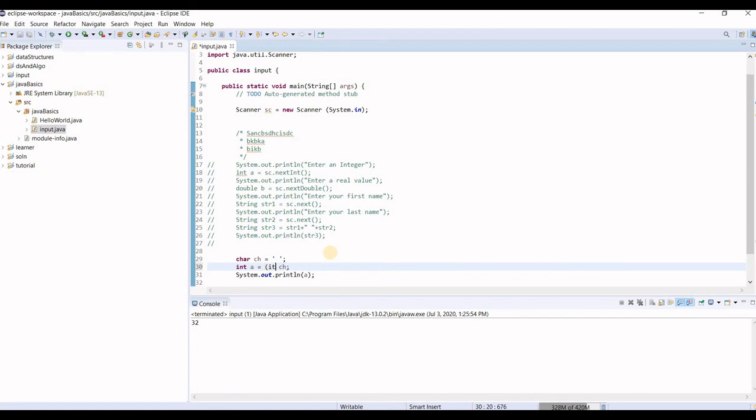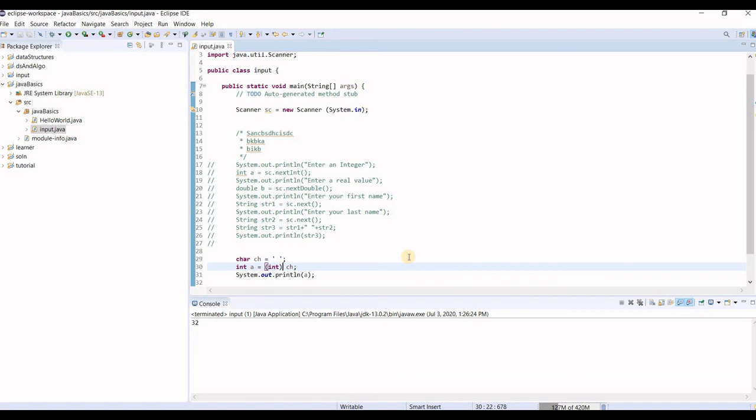But to be on the safer side, if you do not remember the hierarchy, do it as int ch. It will make no difference, but you'll be sure that you're converting it into the integer type. Alright, like you cannot convert a double value into an integer value implicitly because double is at the bottom of the list while integer is on the top. Right, so this was typecasting and the ASCII value.